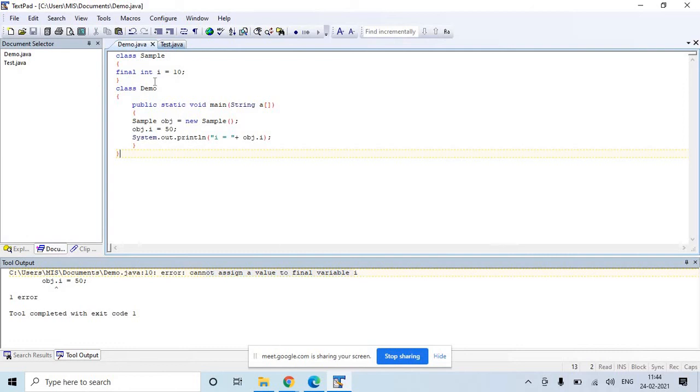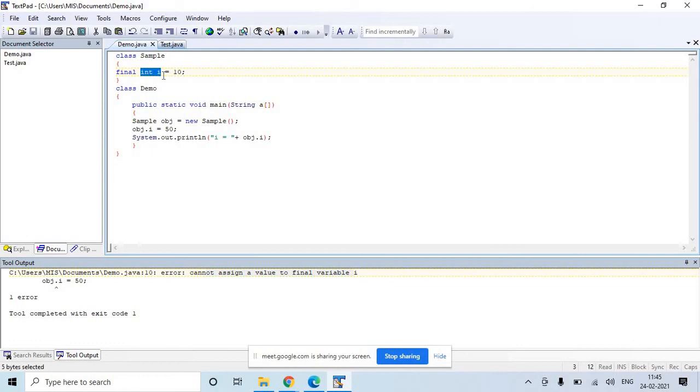Okay, so this is one use of final, how final is used with respect to a variable. The use of final with class and the use of final with function we will study when we study inheritance, because these two techniques are related to the inheritance concept.